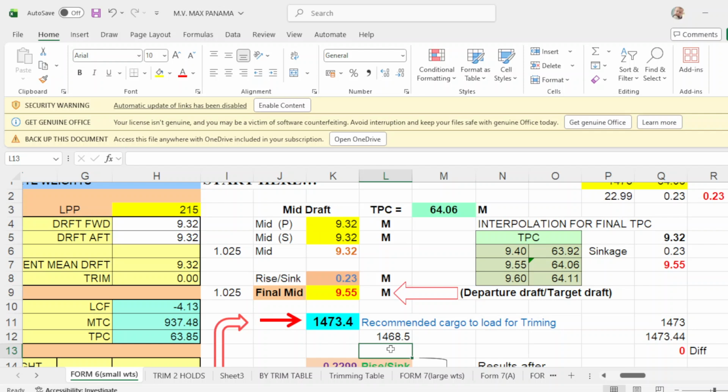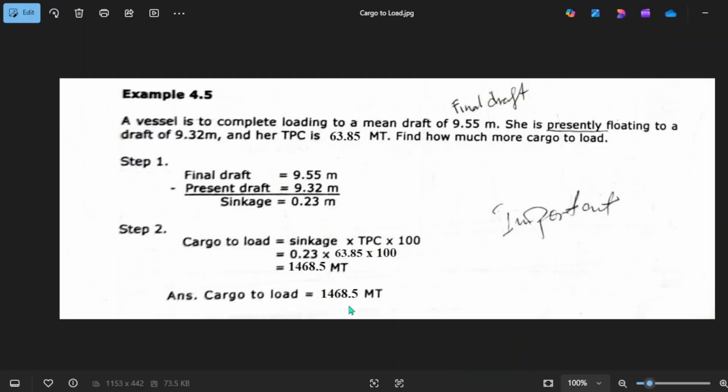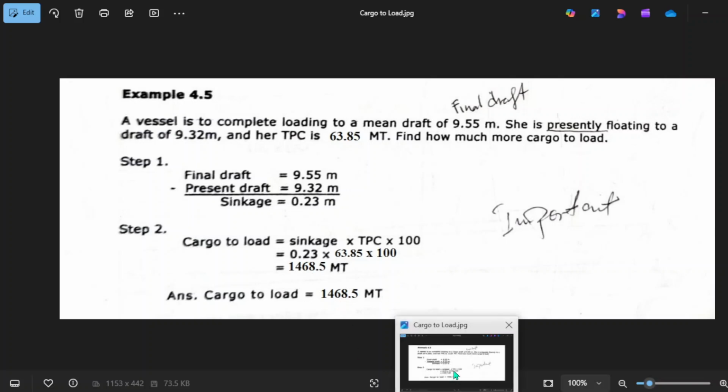That will be 1468.5, and there you go, 1468.5. So it should be 1468.5.